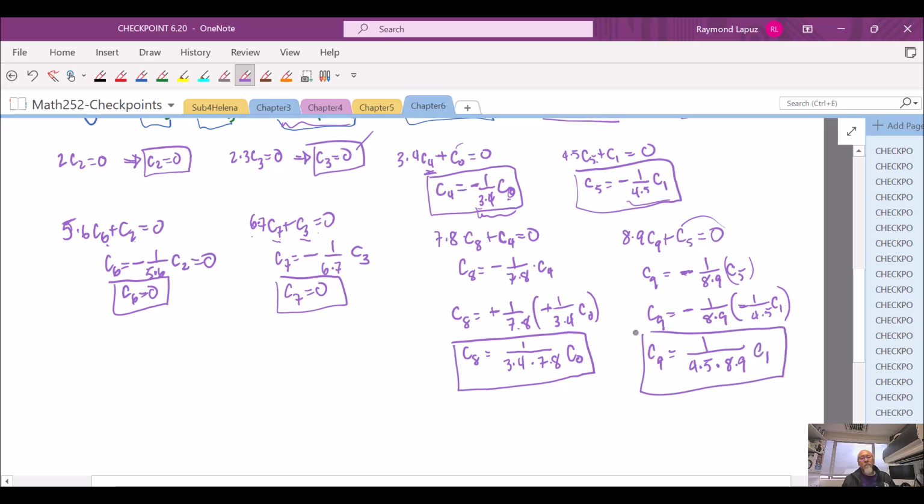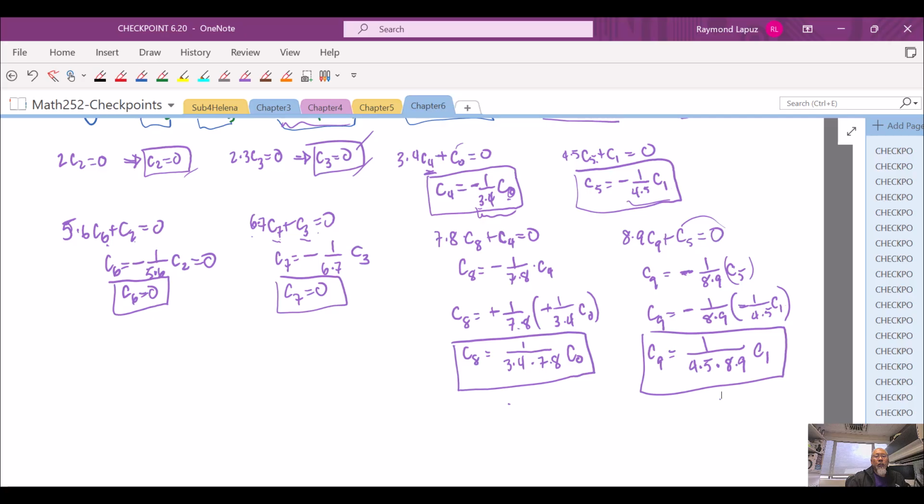Okay. You'd probably guess that c sub 10 and c sub 11 would be equal to 0, because then it would be related back to c2 and c3. And then c sub 11, c sub 12, and 13 would be following this pattern as well. All right. So